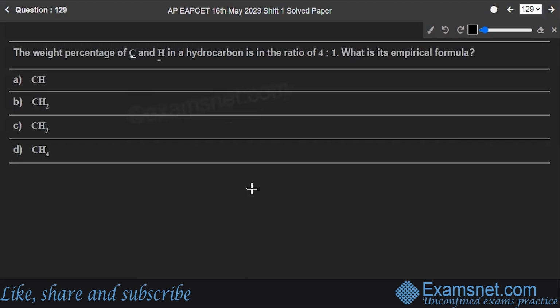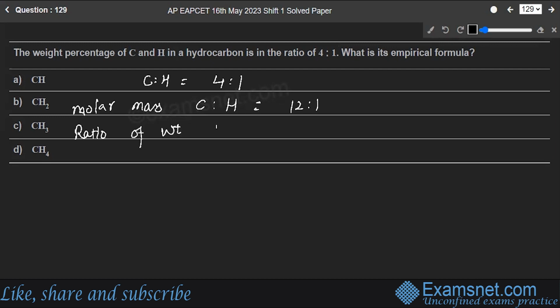The weight ratio of C and H in a hydrocarbon is 4:1. What is its empirical formula? Weight ratio of C and H is equal to 4:1. It is given to you. And the molar mass of C and H is 12:1. Now the ratio of weight ratio and molar mass ratio